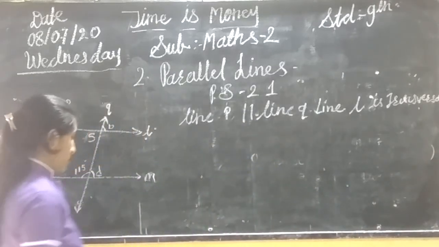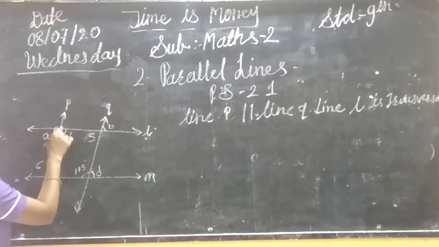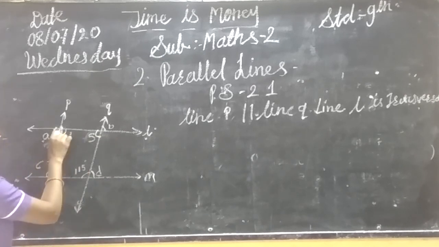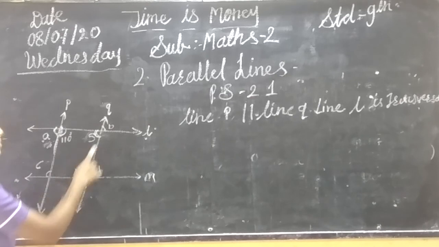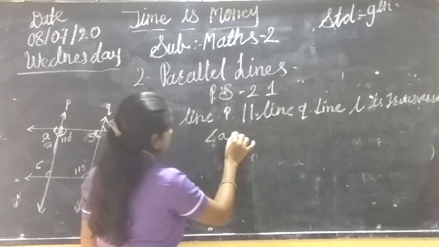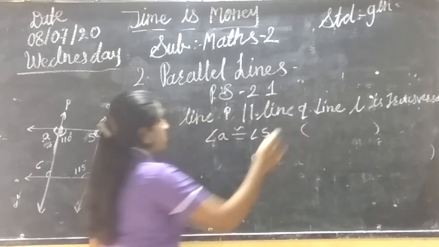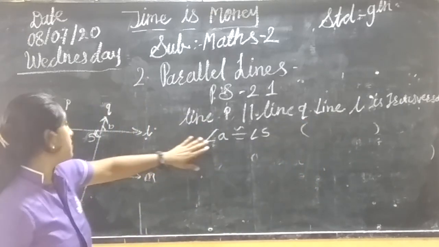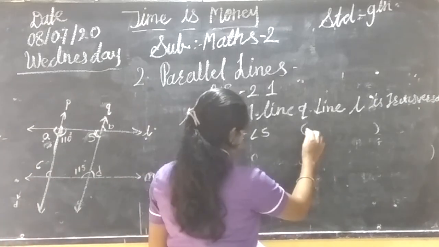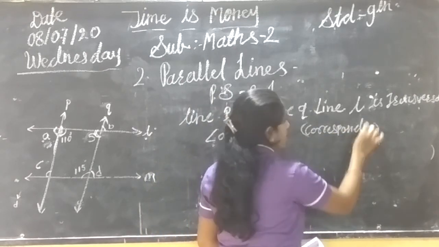Okay. Then what is the next step? See, by this also you can show the corresponding angles, like angle A and angle F. They are both upside angles, so you can show them as corresponding: angle A is congruent to angle F. Why? Because they are corresponding angles. Okay, then we have to give the reason: corresponding